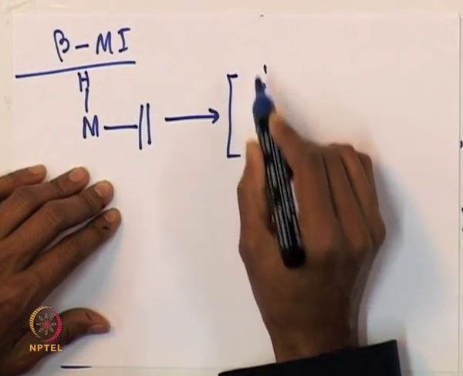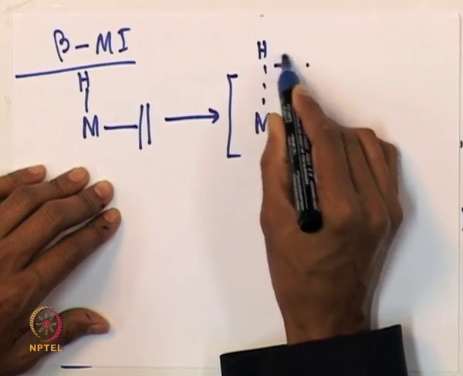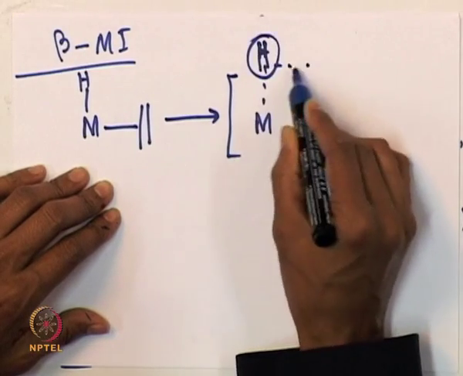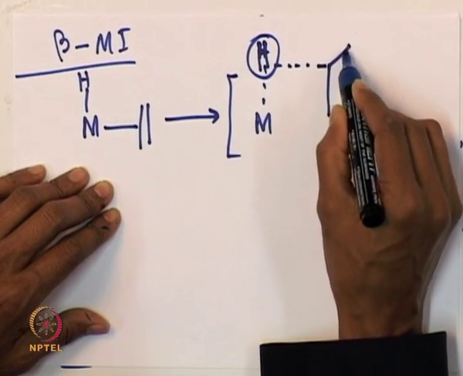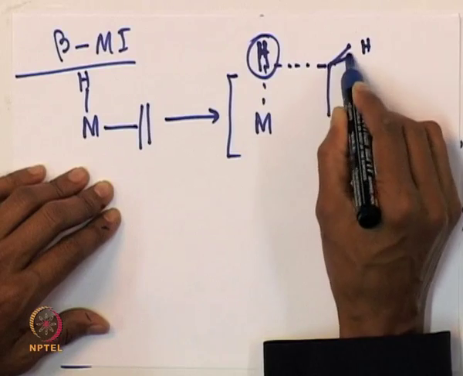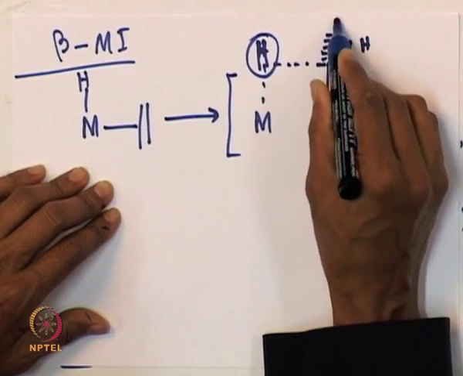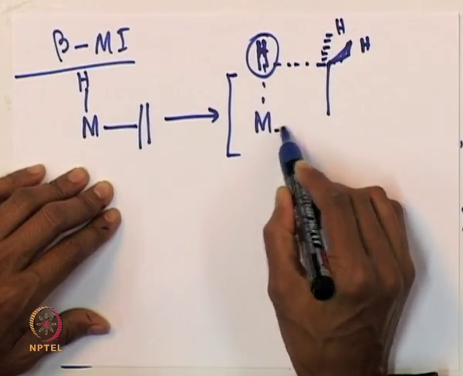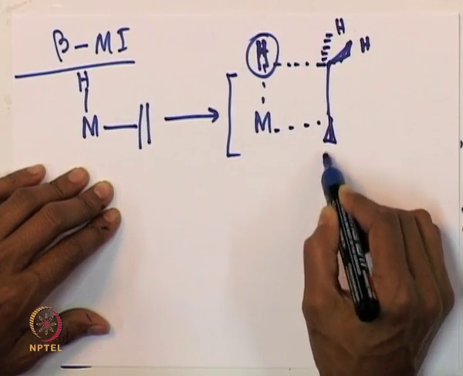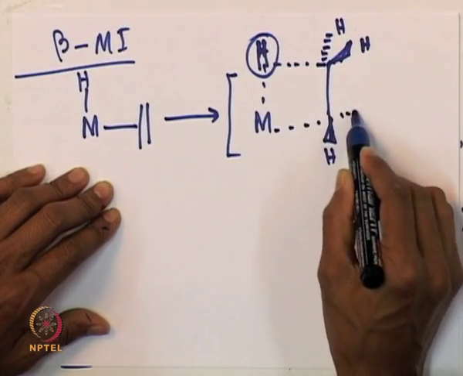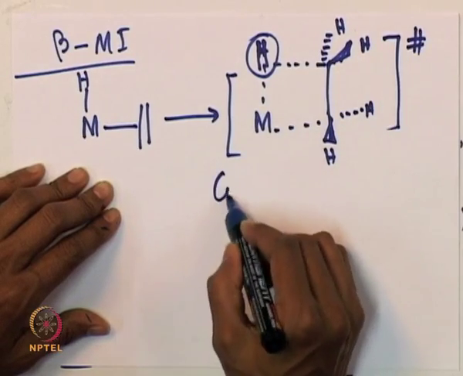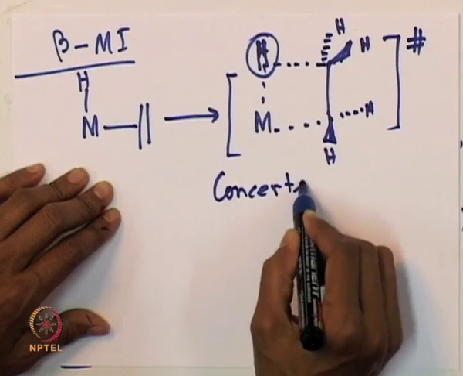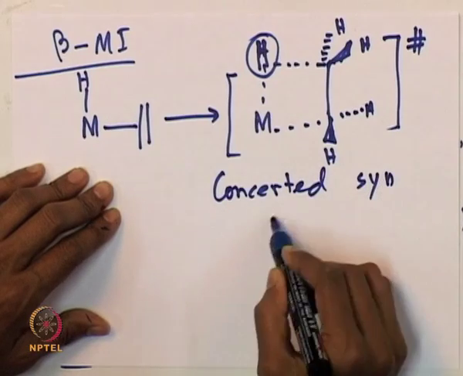That means you have metal H, and from there you can have this concerted reaction where it is a 4-center reaction going on. You can have a transition state like that. This will be a concerted syn addition,